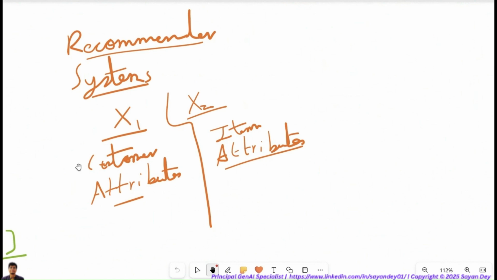Where is the customer accessing the site from? What is the age of the customer? What kind of videos has the customer watched? These are all customer attributes. And you can basically build a profile of the customer. If you know the customer's history, what kind of things they watch and all that, you can build a basic profile about the customer. And then you are also studying what kind of things the customer is watching, the item